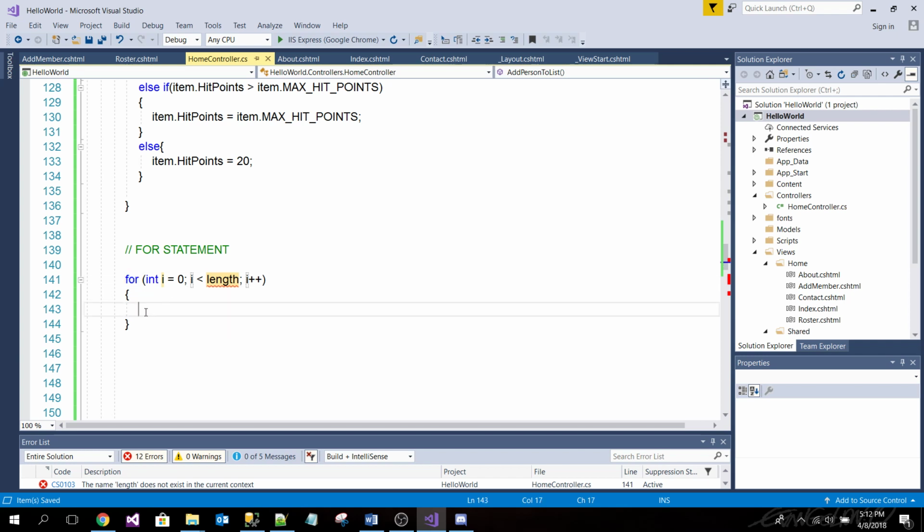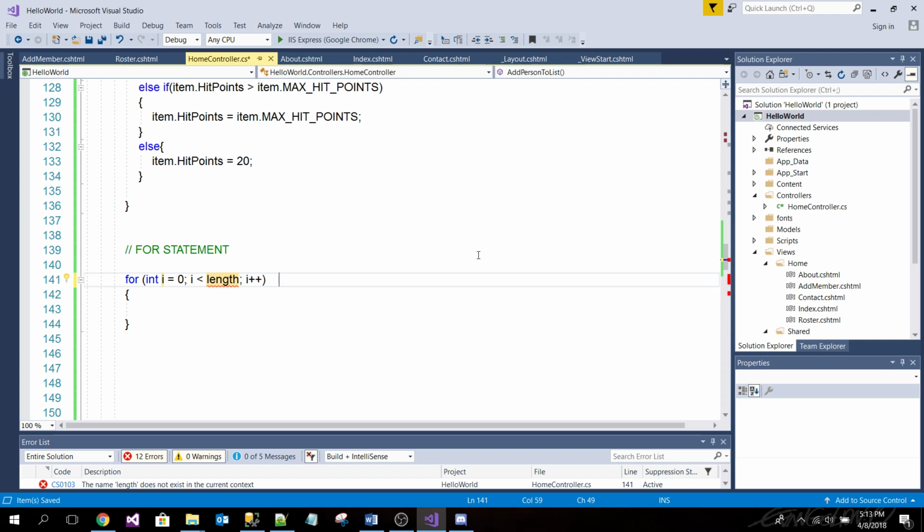Okay, so this says for, and it has three things. This is going to be three things that you need to remember. We're going to write this in our notes later on. Do you guys see three different parts, and each one is separated by a semicolon, right? Yes. Okay, so the first one is what is called an index or control, and that is going to be keeping track of where you are.